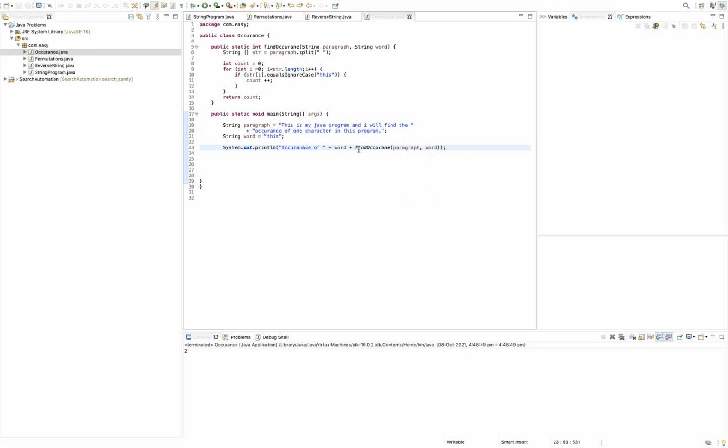Now let's run it. You can add one more extra space here just to make it look quite pretty. Okay. So guys, this is it. You can change the word here. You can change the paragraph. It should give you the correct answer.